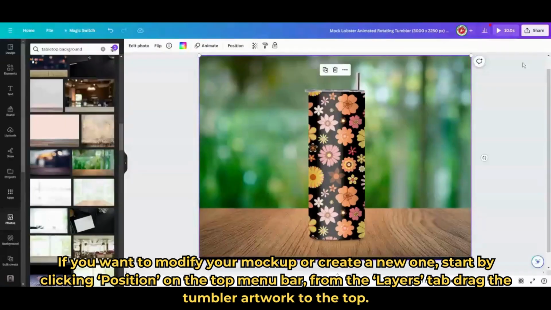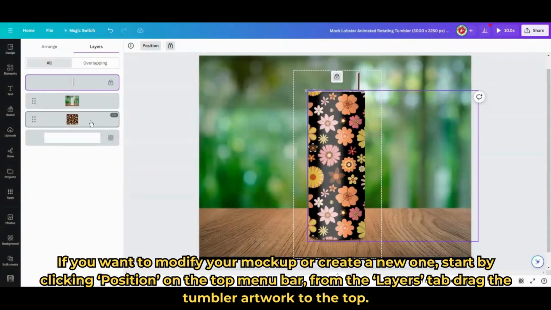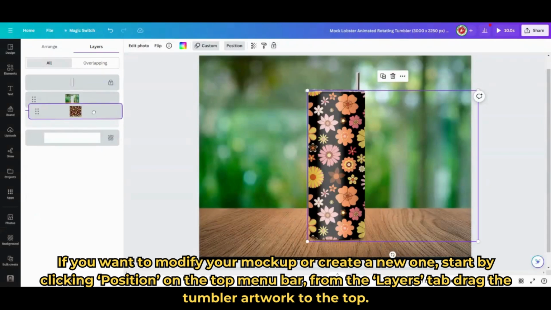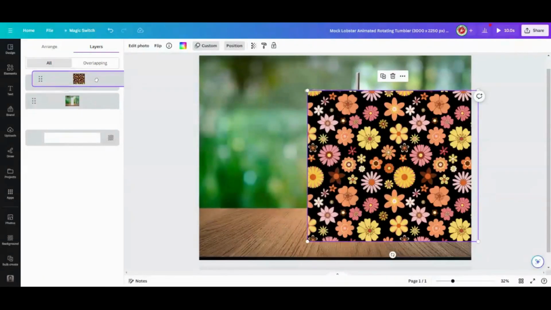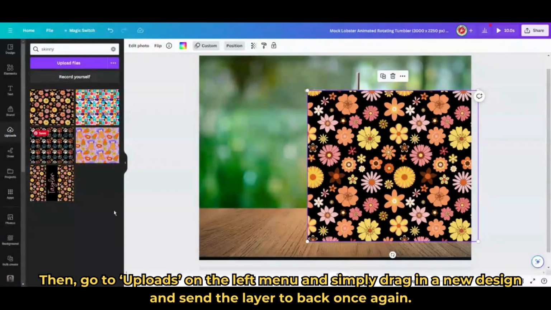If you want to modify your mockup or create a new one, start by clicking Position on the top menu bar, and from the Layers tab, drag the Tumbler artwork to the top. Then go to Uploads on the left menu, and simply drag in a new design and send the layer to